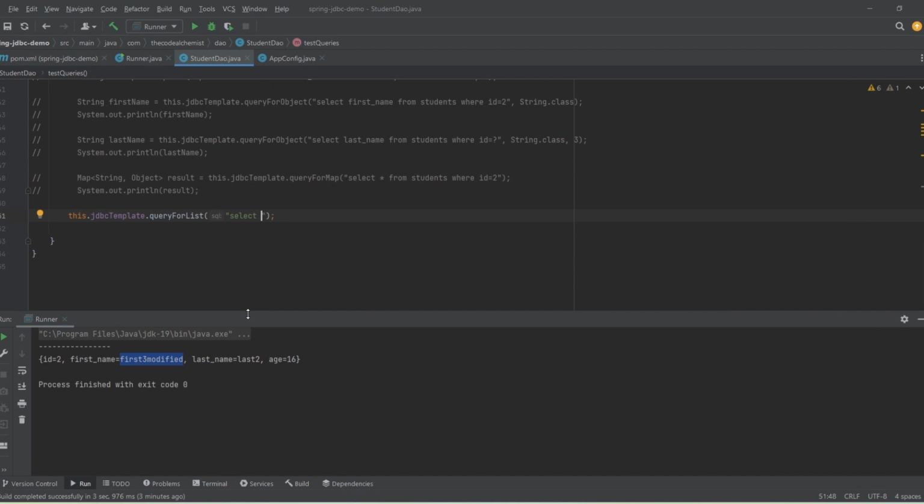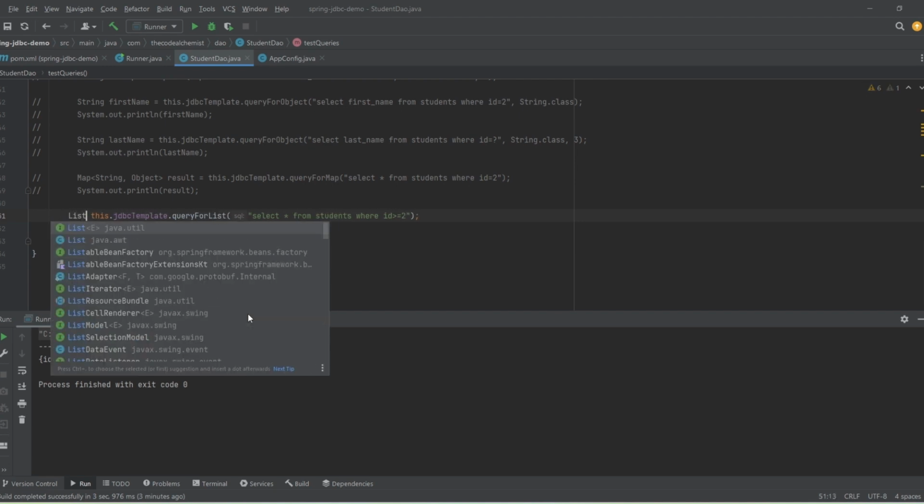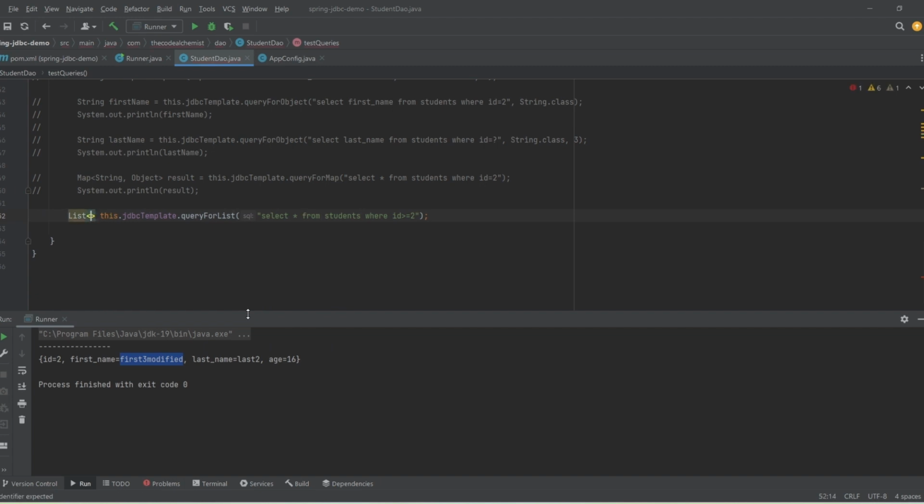So let's use that. We can say select star from students where id is greater than or equal to 2. Okay. And it will be a list of map of string and object, and we can name it rows. And if we get this printed,